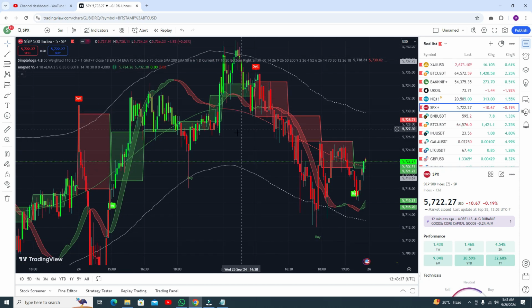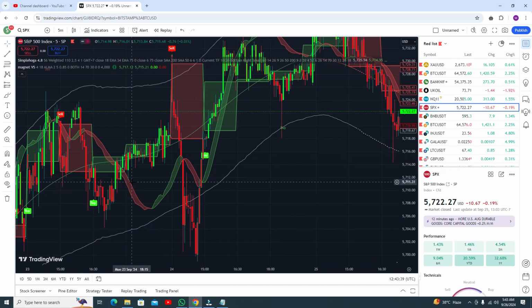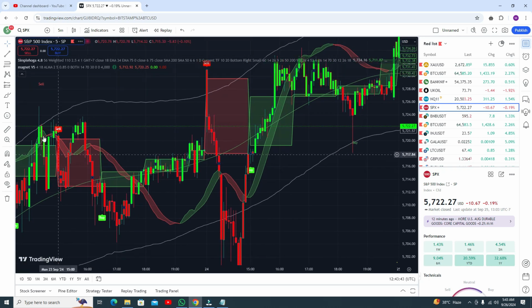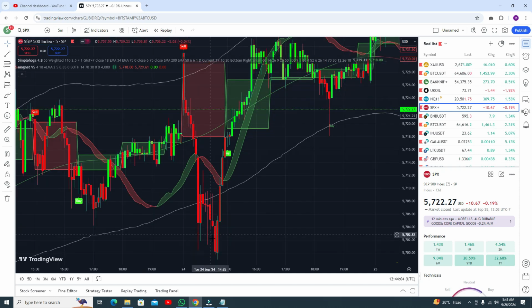Let me show you here, and let me show you results some other here. You can see from this point you are getting the sell signal, so if you need to, you can go for the sell trade, but when this red shade turns to green, then you need to exit your trade. Okay, and this white signal gives you amazing profit. This sell signal gives you huge profit. Like here you need to book your profit.